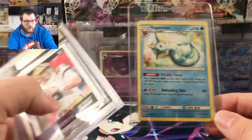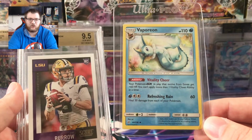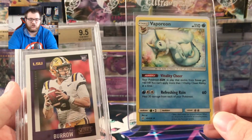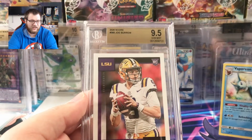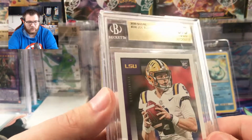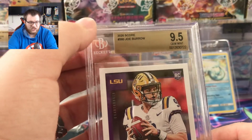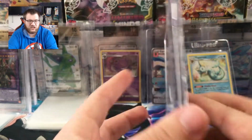So today, we get an ungraded Vaporeon common from Cosmic Eclipse that I have no reason to trim, so it really doesn't make any sense, in a damaged case. Now, thankfully, the other two cards were the ones that mattered the most. But I'm going to see what they'll do about this, and I have a feeling it's not going to be much. This is actually why in another video I said I'm probably going to start doing CGC quite a bit more,